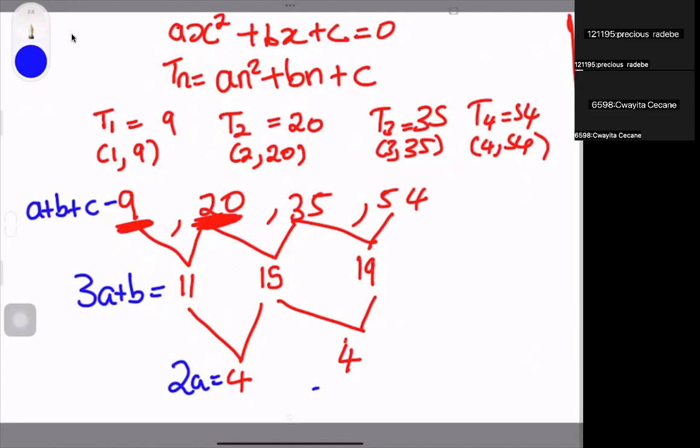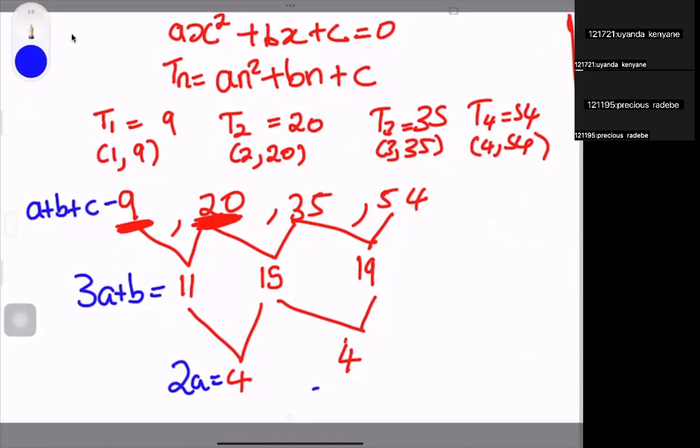a, b, and c, and you have a general term, you need to understand that these formulas are not in the formula sheet. So you have to learn them. But of course, there is a foundation of where they come from. And I sort of did something like this with you already to say that if you go to the general term, right? I don't want to spend too much time on this. It's not examinable, but it's always good to know where things come from. There's the general term,